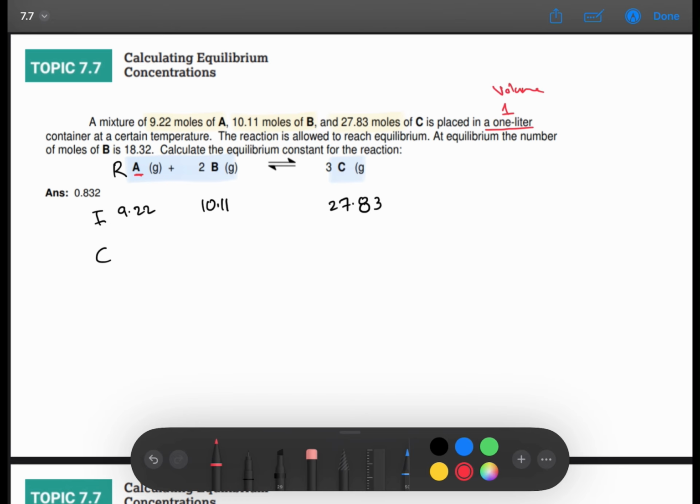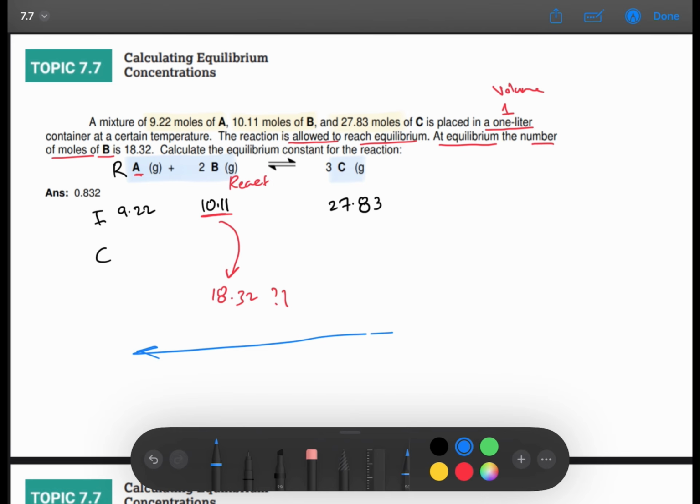The reaction is allowed to reach the equilibrium. At equilibrium, the number of moles of B is 18.32. So you can notice that B, which is a reactant, started with 10.11 and now becomes 18.32. So what does it mean? We just noticed that there is an increase in the reactant concentration. And at that point, since you have an increase, it means that the reaction is shifting backward, or to the reverse